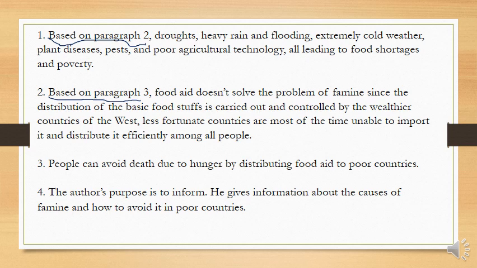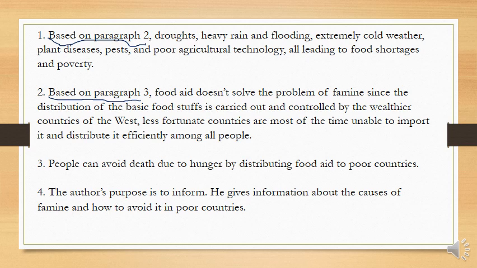So, based on paragraph 2, droughts, heavy rain, he asked us to mention 2 reasons, but I mentioned more. Drought, heavy rain and flooding, extremely cold weather, plant diseases, pests, and poor agricultural technology, all of these lead to